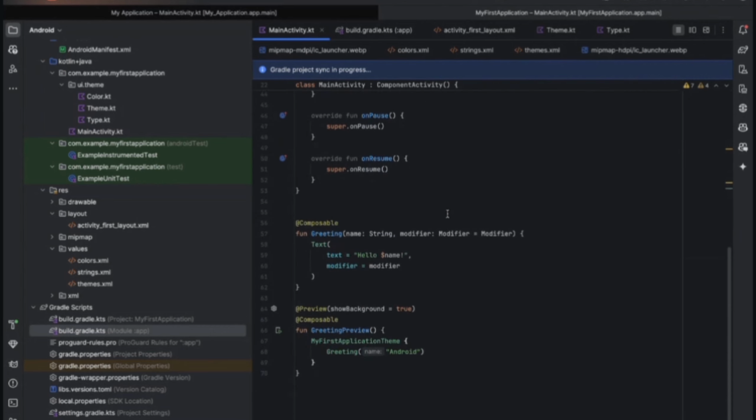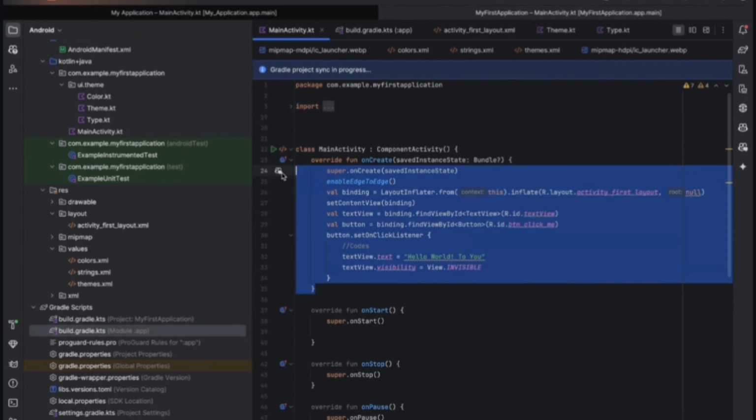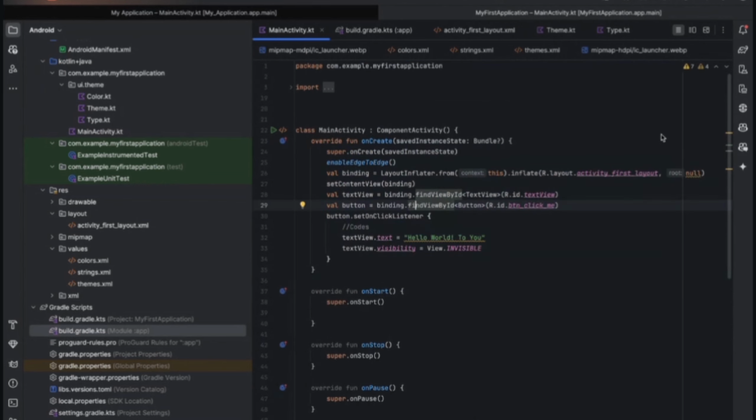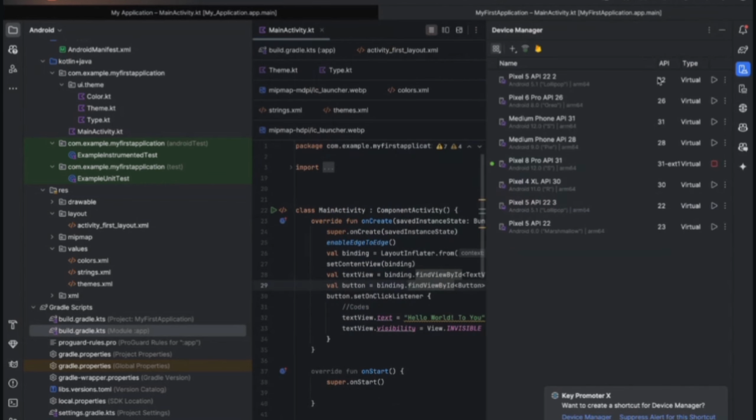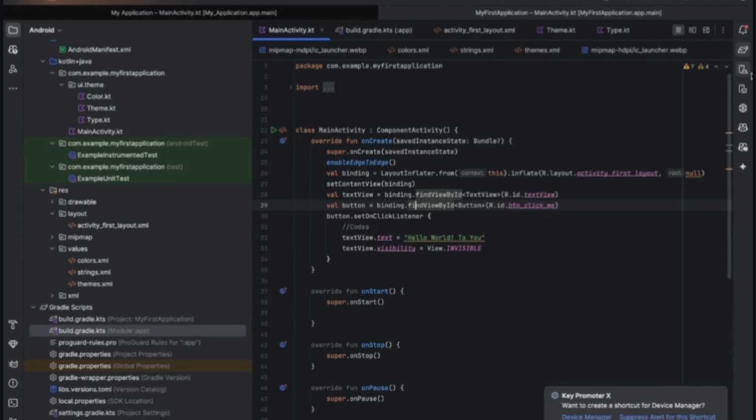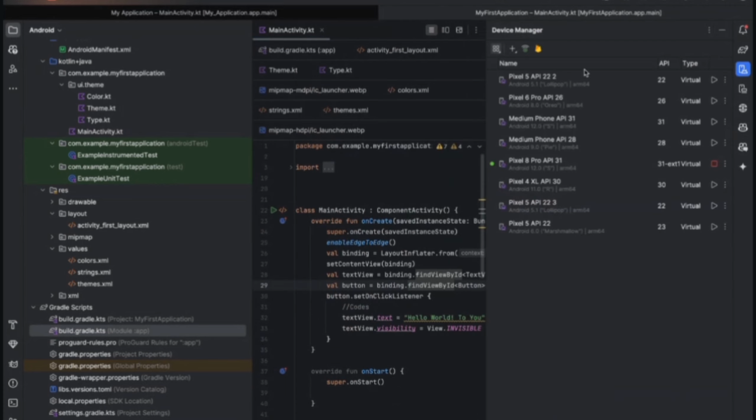Cool. Let's run this once and let's see the layout connection and what is visible on the screen. Before that, I also wanted to help you out here. We have this section on the right, maybe right middle or right center, where you can see the device manager. If you click on this, you might have nothing in the list. These are basically the emulators. Let's say if I don't have a physical device, we will create an emulator to run our application in a virtual Android device. Okay, if you don't have one, click on this plus button, click on create virtual device,